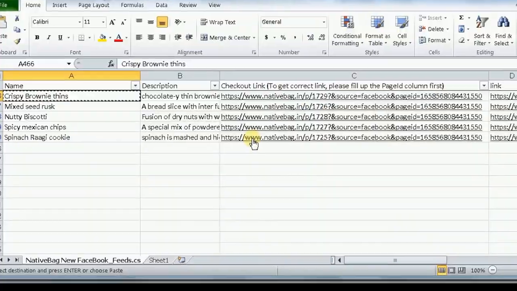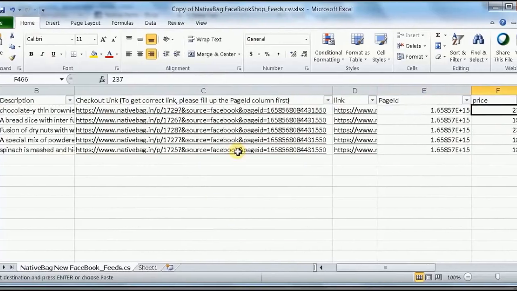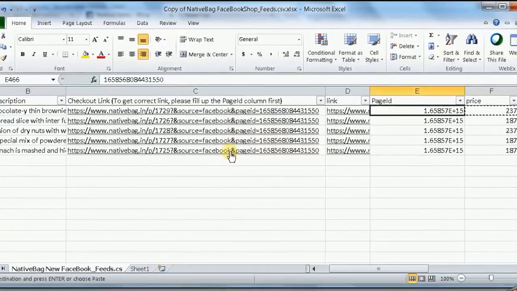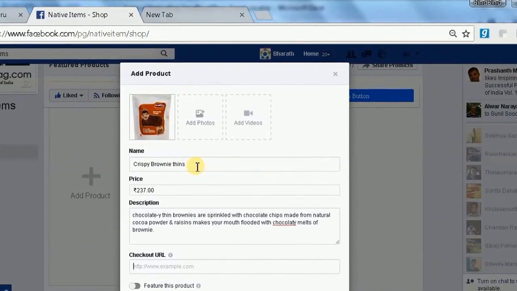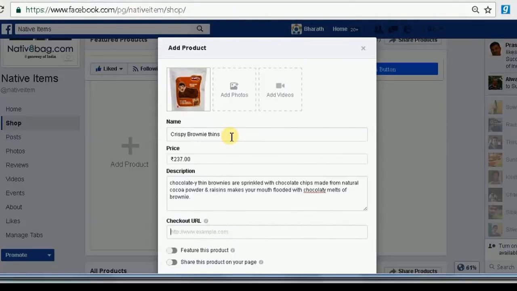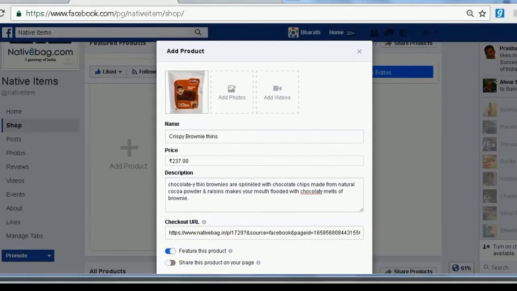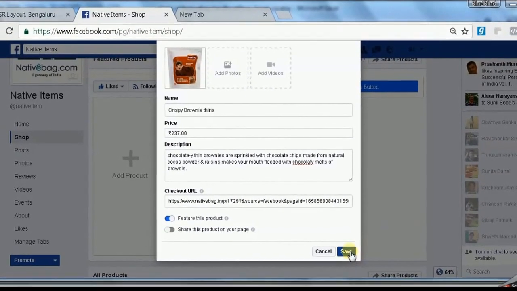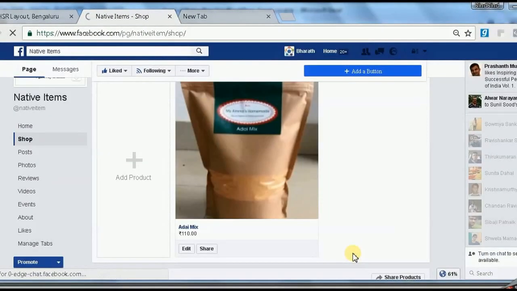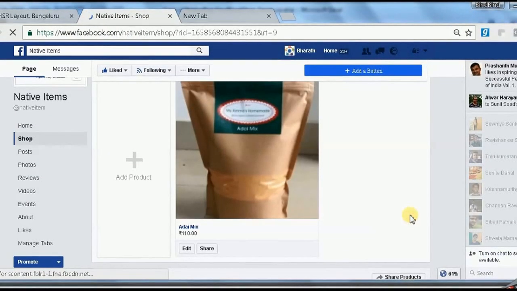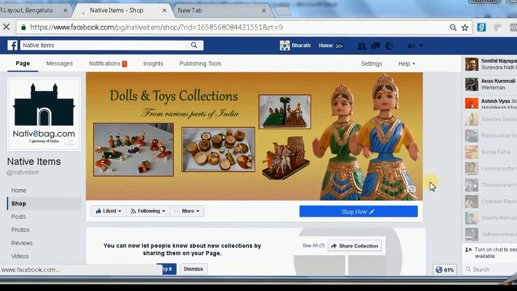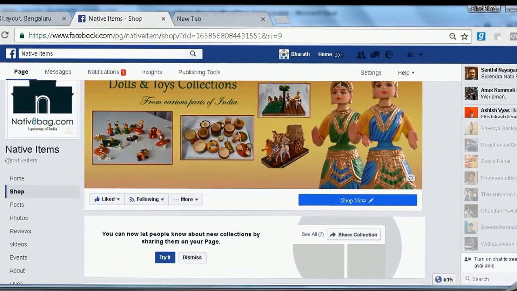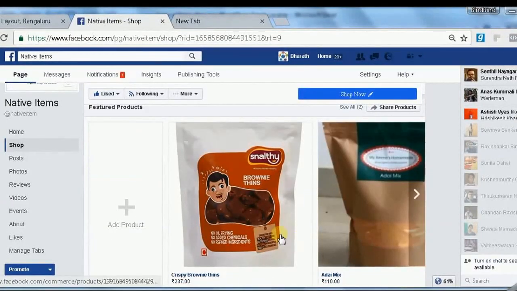Copy this name, price, description, and the checkout URL with the page ID. I'll also feature this product here, so I'll check that particular tab and then save. Now you are able to see both the items here.